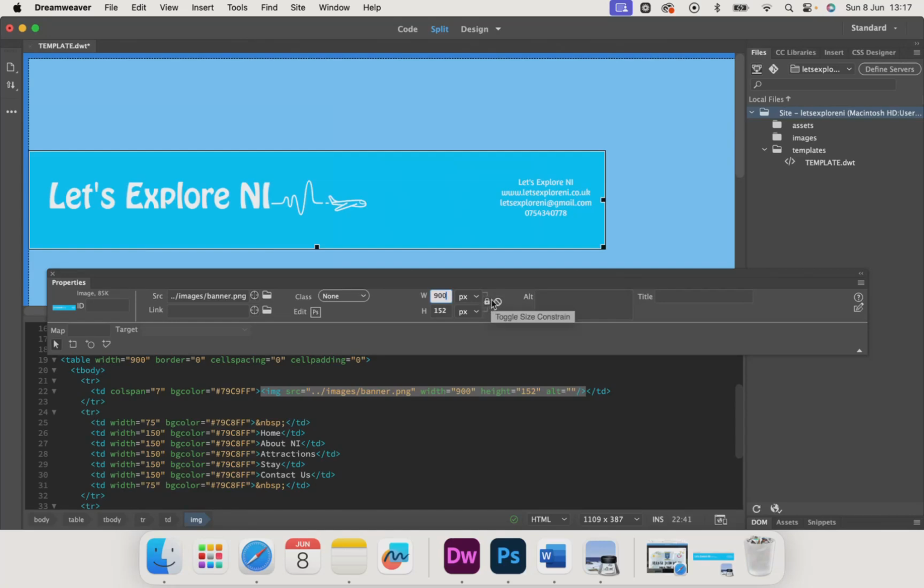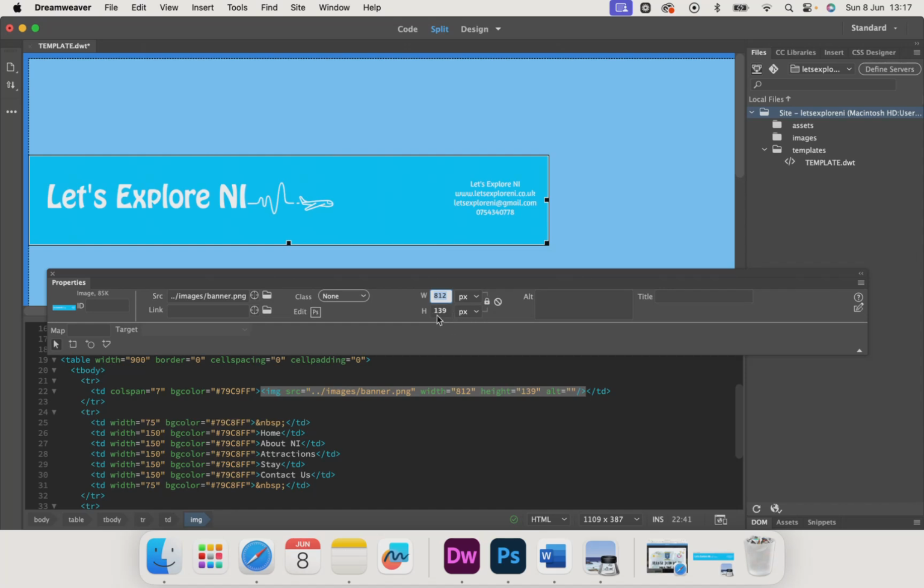Now see this little padlock here, make sure that that's turned on, or make sure that it's locked. This just means that whenever you edit this, so if I change this to say 800 pixels and I press enter, notice how the height changes with it. That just means that you're not editing it in a way that it's going to make it look squished or stretched or anything. So I'll show you what I mean. If I turn this off and I change this to 900,